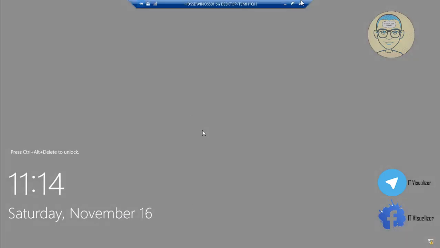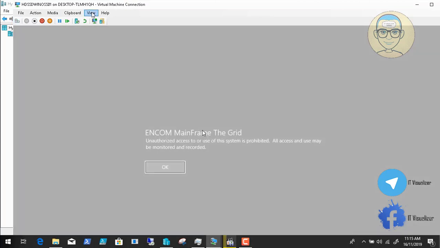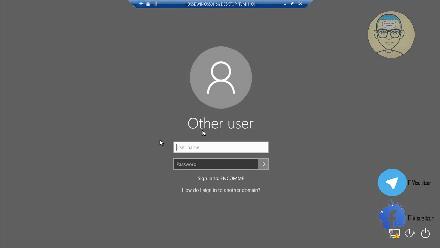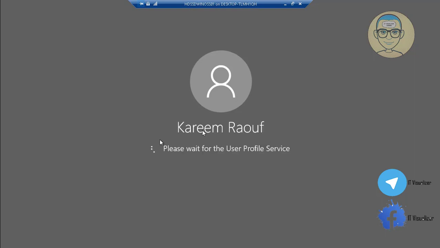So now I'm running this command to get the MAC address of the network card of this virtual machine, and then I need to go to the DHCP configuration, or the DHCP server, and add this MAC address so I can allow this workstation to get an IP address. Okay,